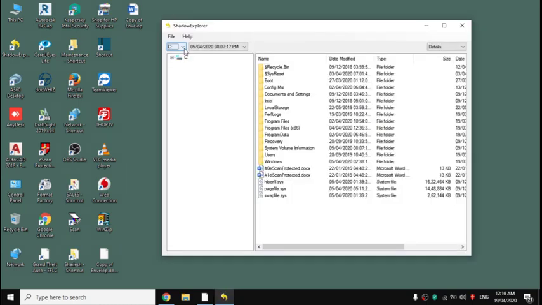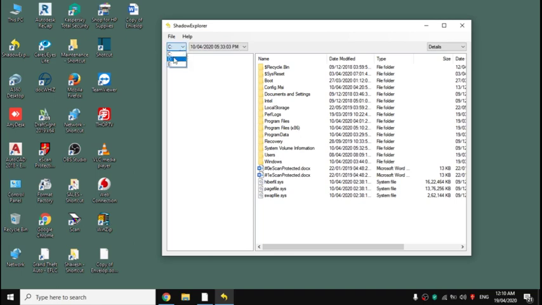So here you can see in this tab we have all the drives. Over here we have the dates or the restore points that has the shadow copy of our files. Okay, so I'll just click on 10 and here are the files.